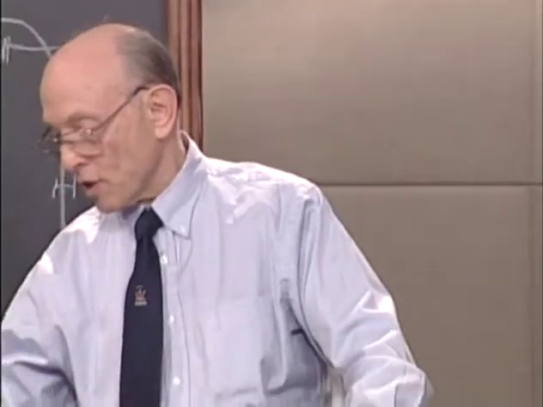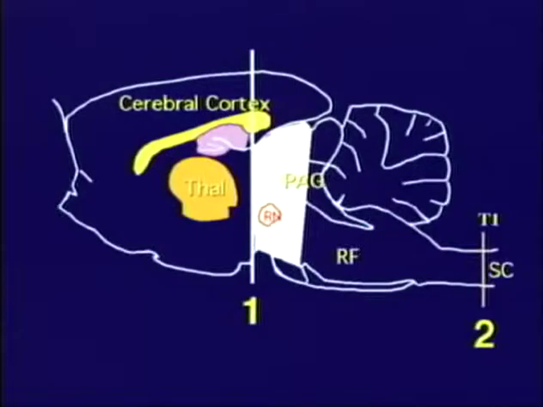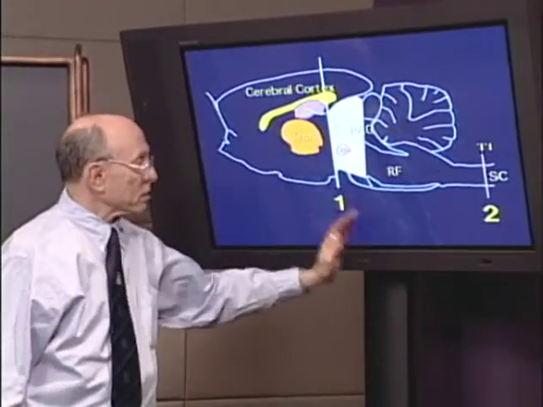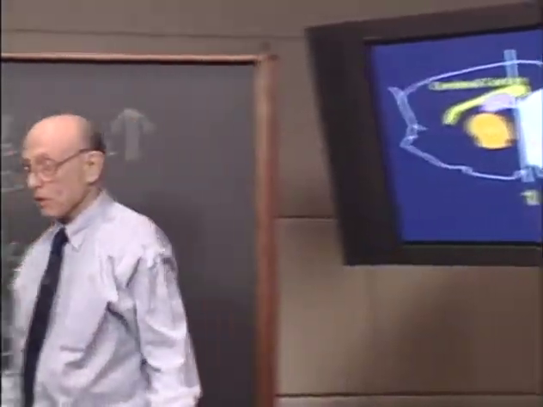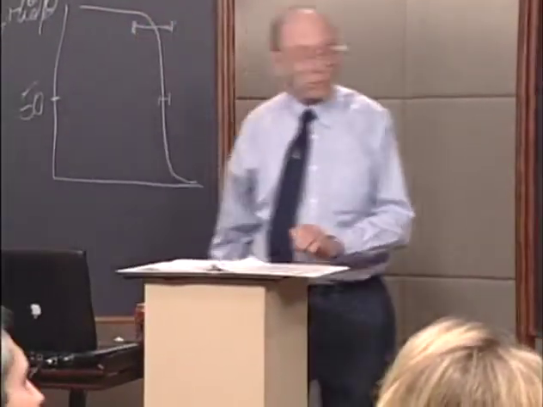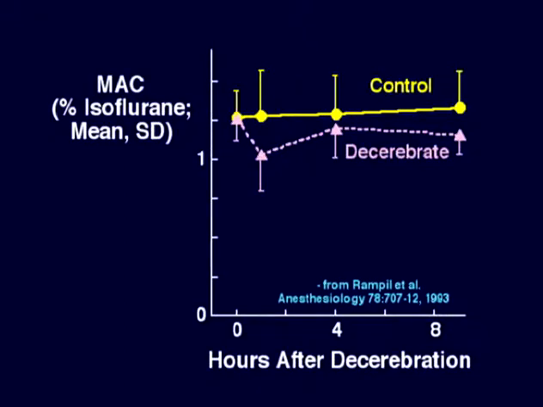This is an illustration from Rampel's work showing the 2 places that Rampel cut the connection between higher centers over here in a rat and lower centers over here. There's one section, and here is the second section. And then, as was said, what Rampel found was that when you severed the connection,